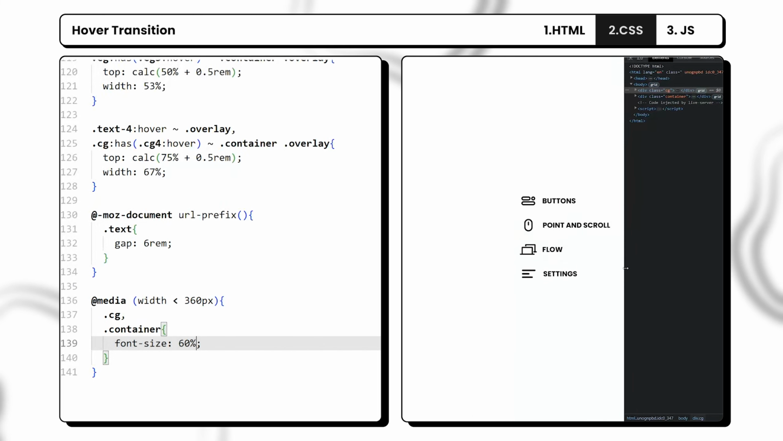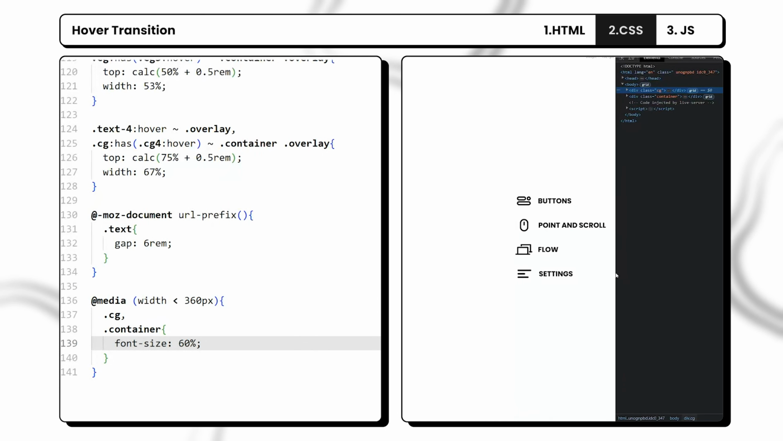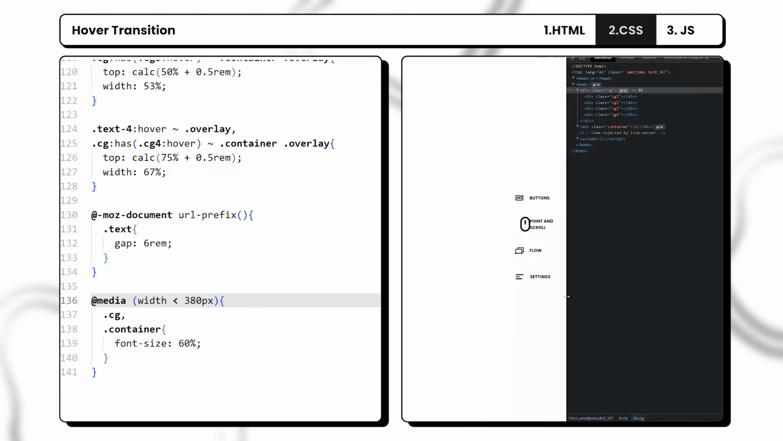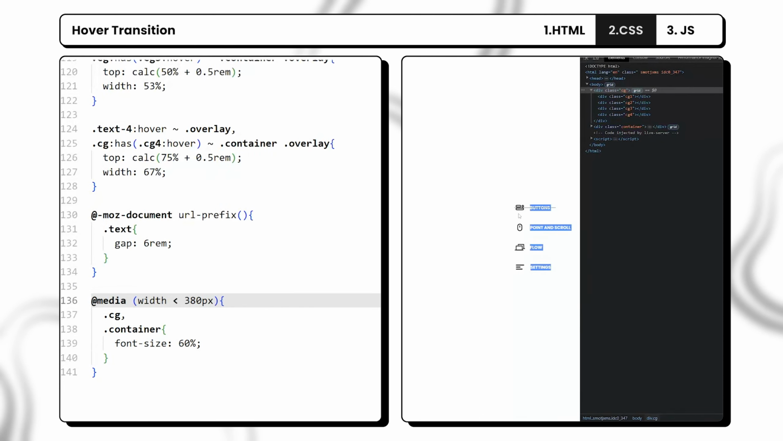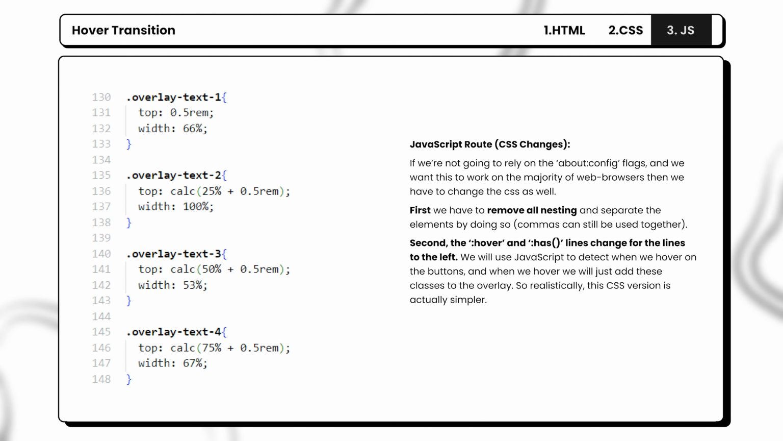And if we inspect this, seems like we have to do 380 pixels instead. And let's see what that looks like. 380 pixels seems to be the correct amount. And you can add more media queries if you want, but nobody's going to have a screen this thin, so it should be fine. If you don't want to rely on the about:config flags, then you will have to get